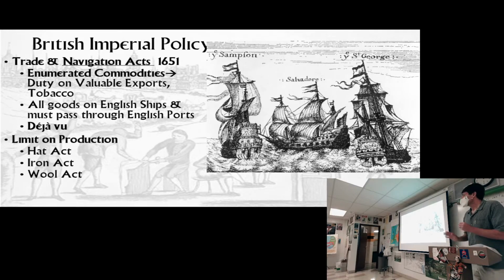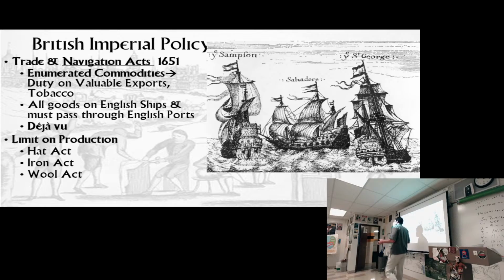All right. Then they tried to limit production of goods. They passed laws over the next 60 years saying the colonies could not produce hats. They could not produce iron goods. They could not produce woolen linens. To make sure that they have to